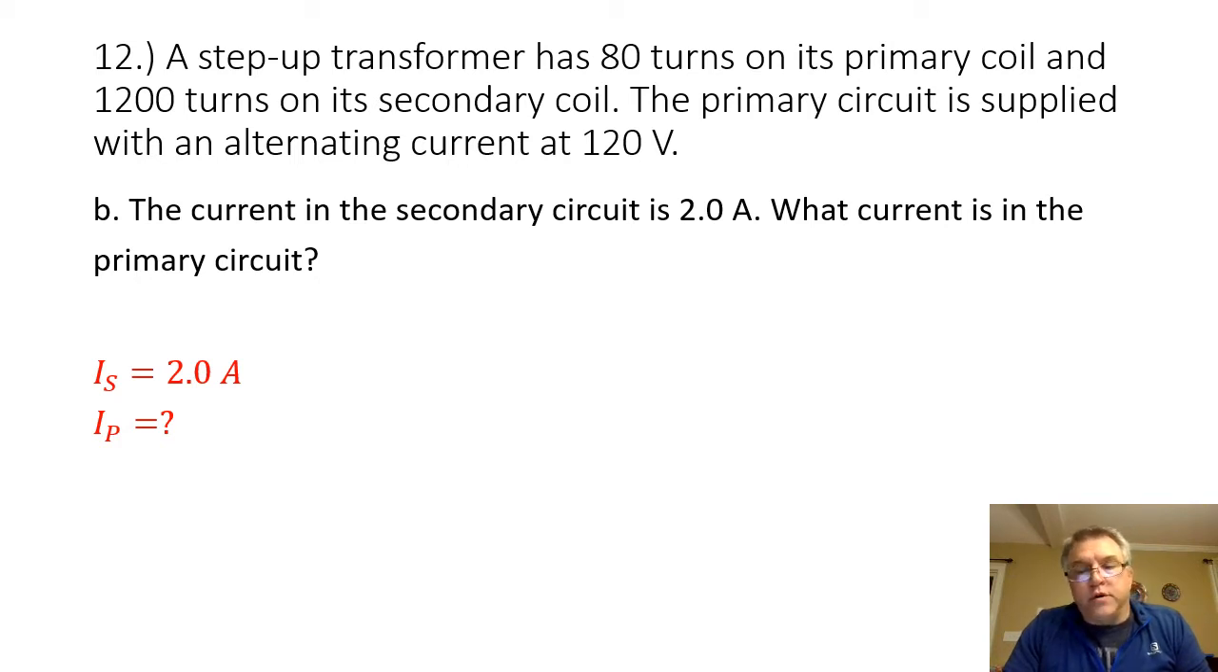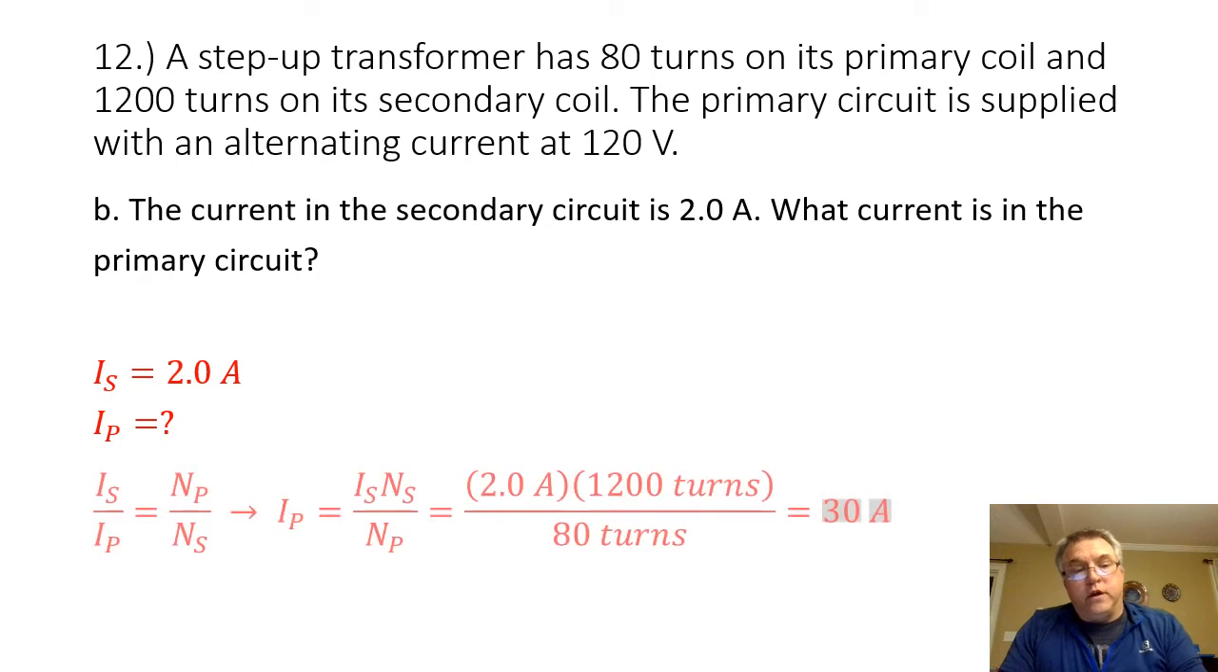Because we're dealing with current now, we're going to use a different equation that's going to look at the ratio of the secondary current to the primary current, which is going to equal the ratio between the primary number of turns and the secondary number of turns. One quick thing to note here before we get into rearranging this and doing out the math is that we have the primary